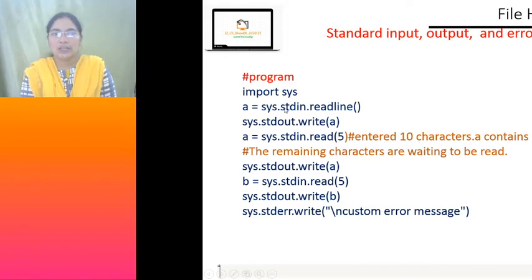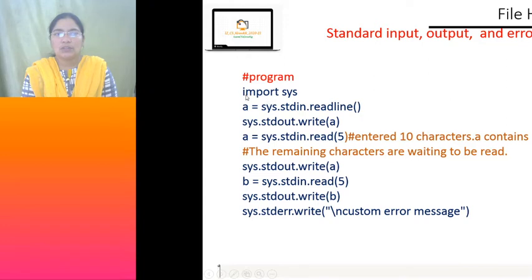For those files, if the file name is the same, then it is taking from the same window, same file, isn't it? From where we stopped, it is continuing, isn't it? So that is also one of the files only. It is also a stream only, right? But if you want to make use of the existing stream defined, that is built in, which module should we use? Sys module we should use.